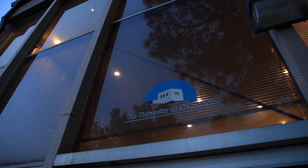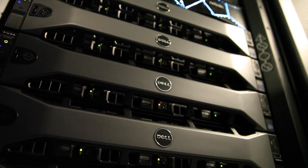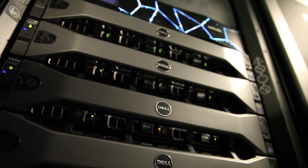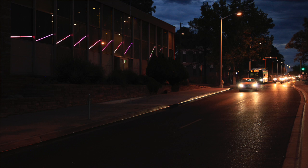Data Central is a visualization that faces Central Avenue on the outside of the Center for Advanced Research Computing. It's a center for a lot of supercomputers and research projects that run on these supercomputers. Carsey is situated on two very busy streets, University and Central. And so the design intent was to incorporate that movement into the LEDs that are going onto the glass facade